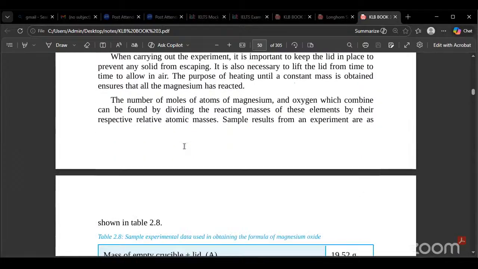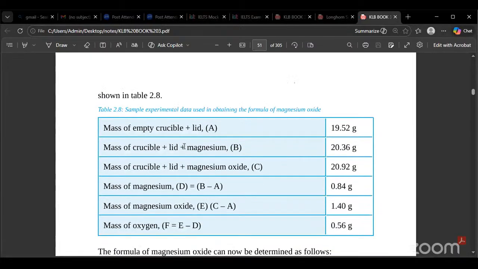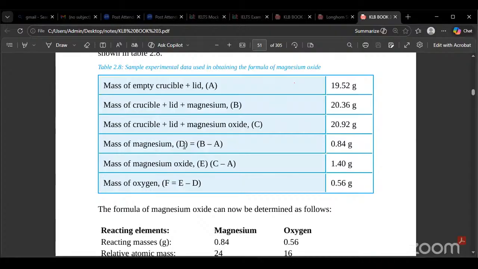We divide the masses. Now, if these ones are the masses, so this one is something. I think the reason I'm doing this one is because I don't know if it was last year's KCSE or the other years. There was something like this. I don't know, Maura, was it last year's KCSE or the 2024? No, last year it was just empirical formula. Yeah. So the other year, they gave out the mass of crucible plus lead 1920,